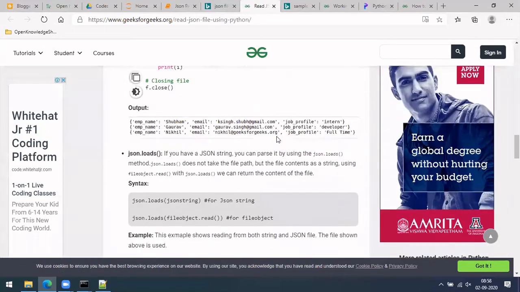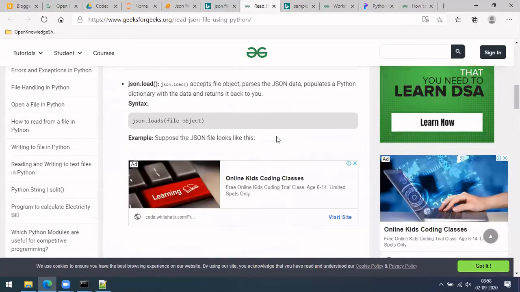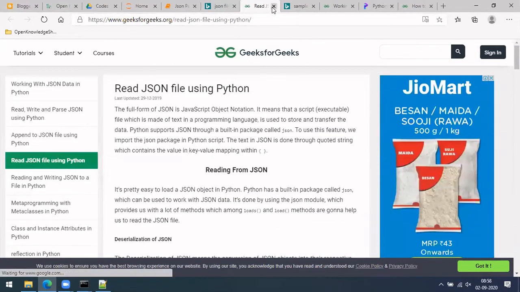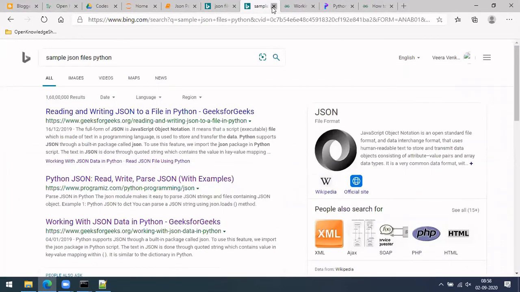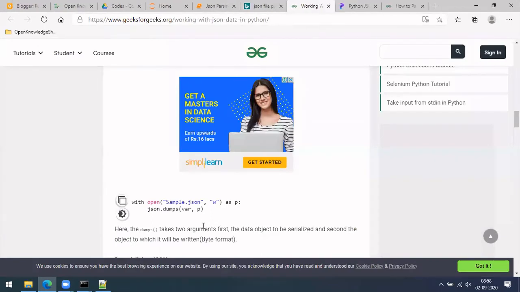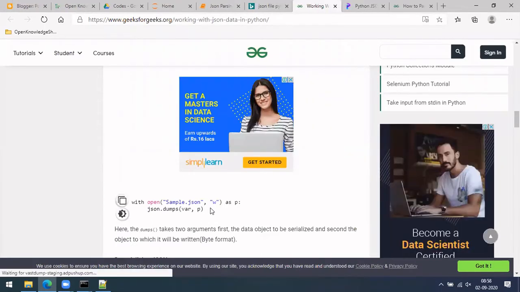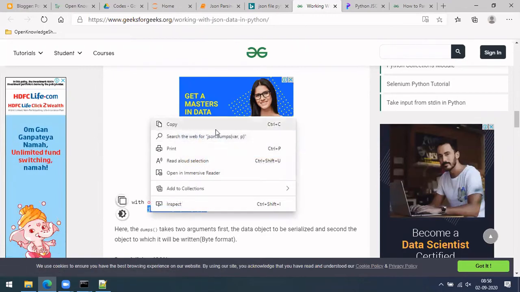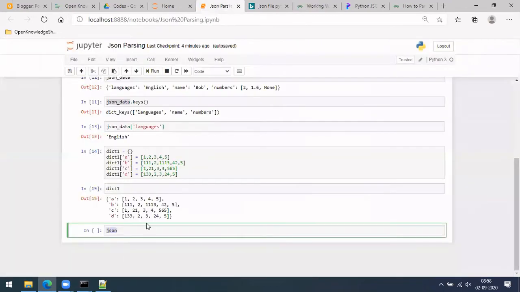So this is about load, reading it. Similarly, in case we want to write it to a JSON, it will be similar to how we did it earlier. So dot write. Yeah, this JSON dot dumps. This is what we need.